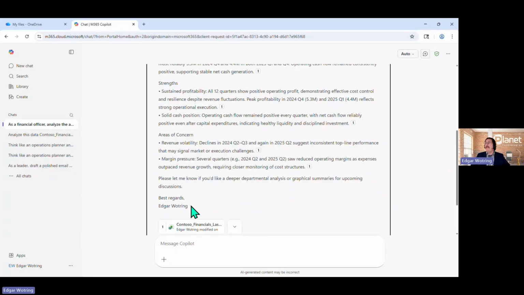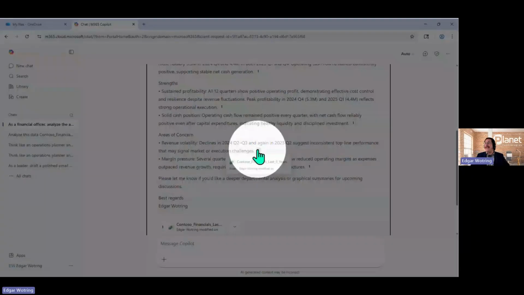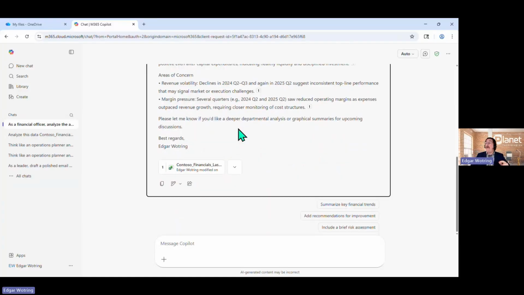Another great thing to note, and I would imagine we would probably see this as we revisited some of our other prompts as well: we've got these citation numbers. So if we want to get an idea, hey, Copilot, from where exactly are you drawing this information? Always with the understanding that we'll want to verify those outputs before we repurpose them or place them in some sort of production environment or formal communication or setting. Always wise to revisit those.